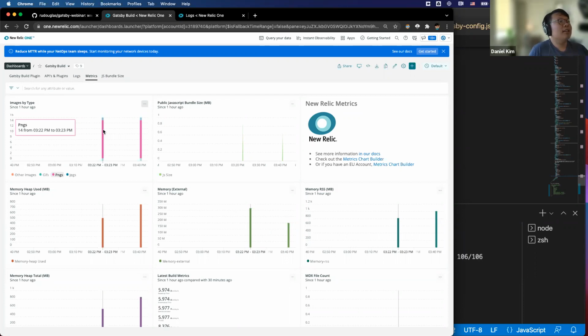Through trend lines and the dashboard, you can track whether this change actually makes this much of a difference in build times. And if it doesn't make sense, you might have an issue with your code. That's the main use case I have for images.